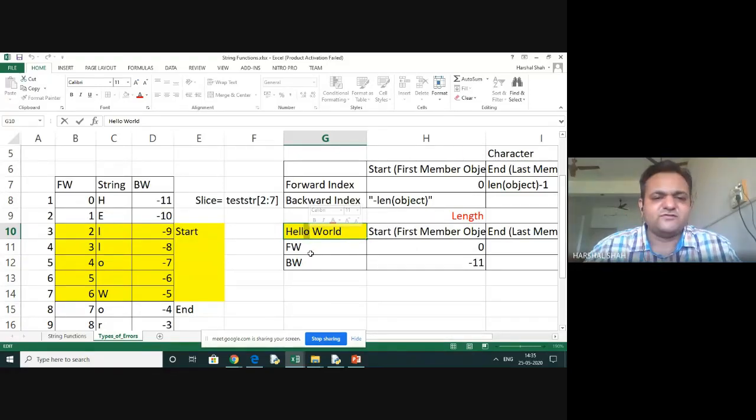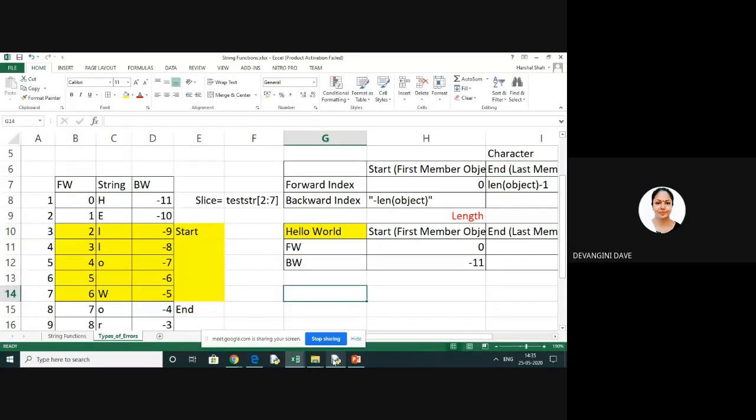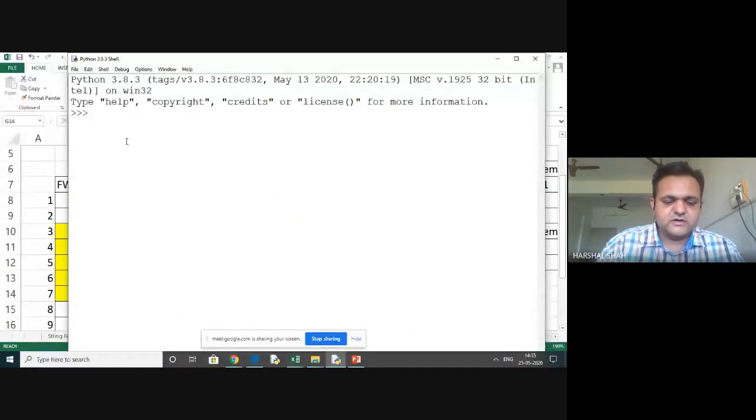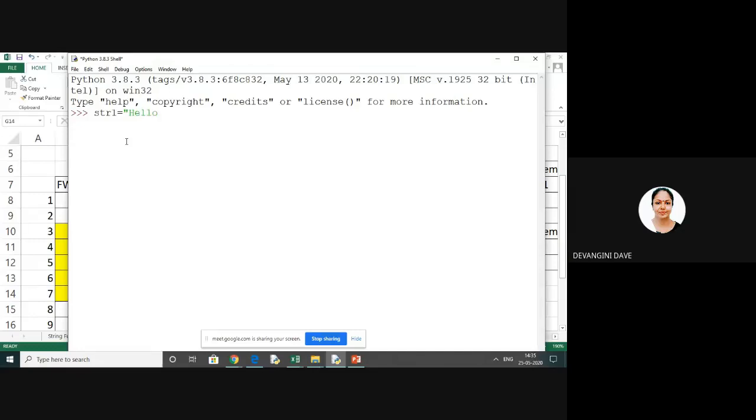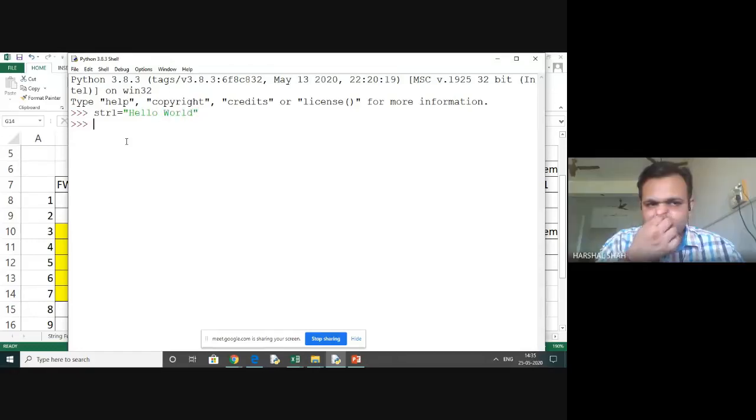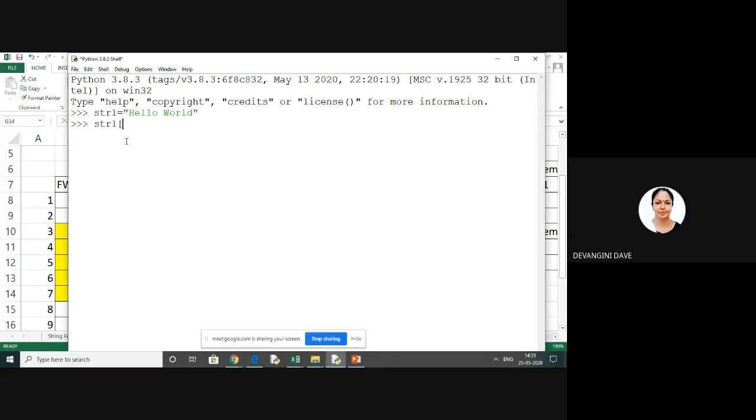Now do a slice operation. I am doing the slice operation, and I'll explain here that my string is hello world. Now what I want to do is take a particular 2 and 7.